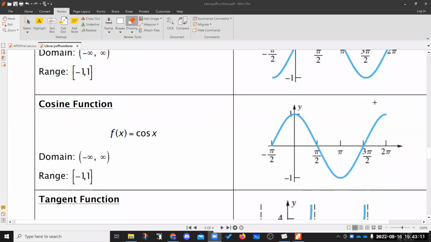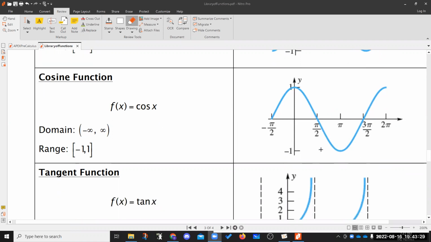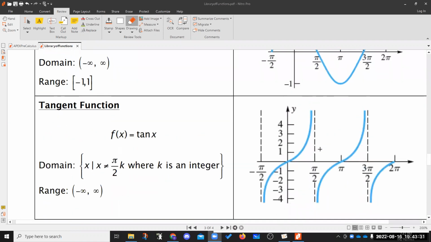The cosine function is going to start at maximum displacement, and it's going to go down, down, up, up, and it's going to be related to the x values of the unit circle. Similarly to the sine function, it's going to have a domain of -infinity to infinity and a range of -1 to 1. Our tangent function is the